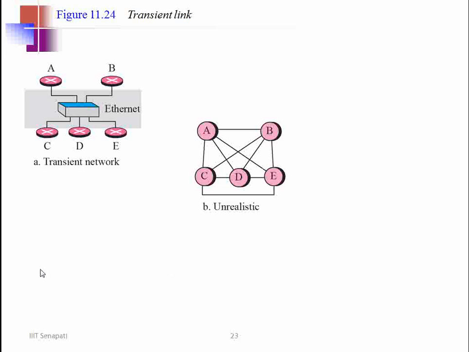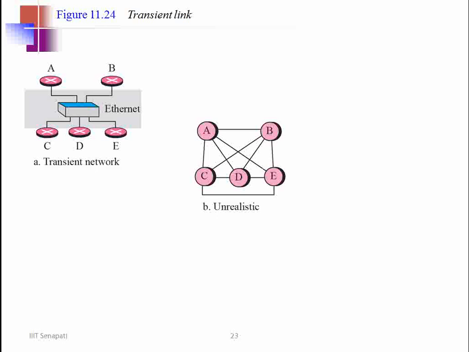But it is somewhat unrealistic, or I should say inefficient, and really unrealistic. Inefficient because each router needs to advertise the neighborhood to four other routers, right? So these are 5 nodes, and each is advertising four advertisements, 4 packets. So it will be 20 packets, right? 20 advertisements. So it is not efficient.